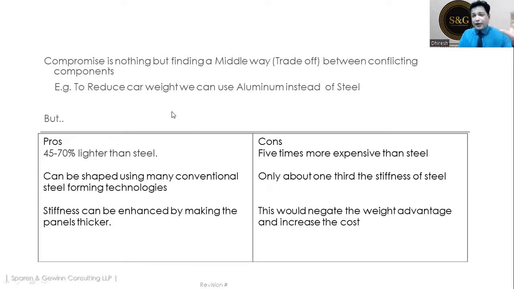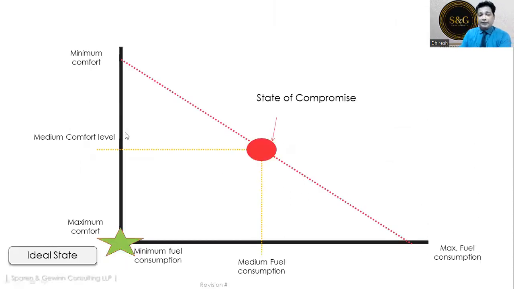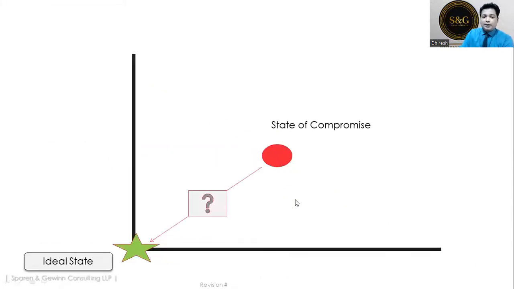Generally, in the traditional way, we give ratings. If the pros have more ratings, then we go for it. If the cons have more rating, we drop the solution. These are the ways we generally function. So this is again compromise. I've given a couple of examples of the traditional way of solving this. So how do we go from a state of compromise to the ideal state? That is the real question, and that's where